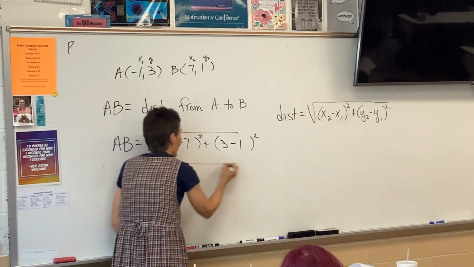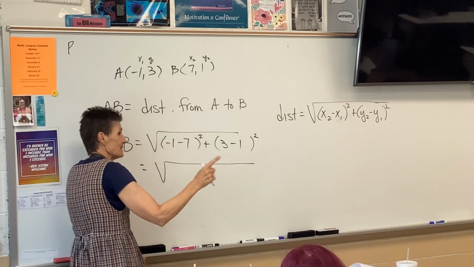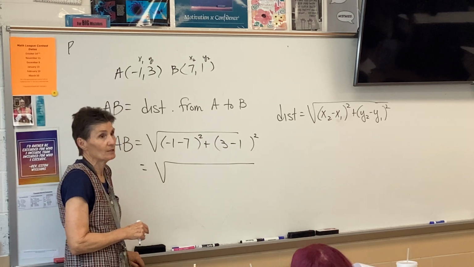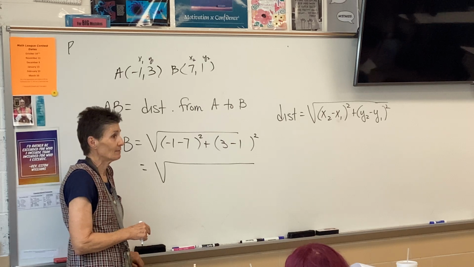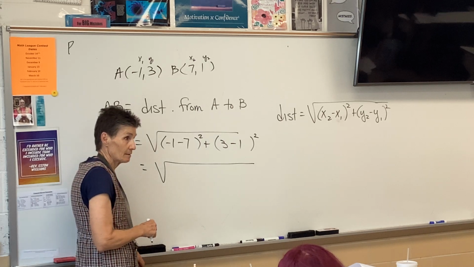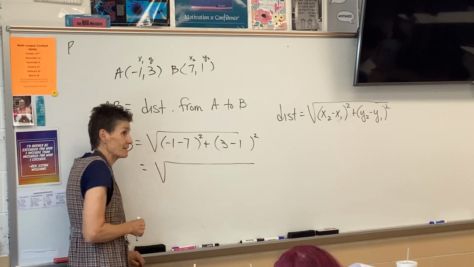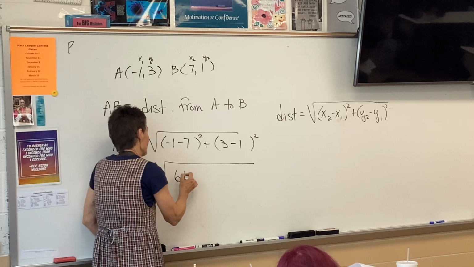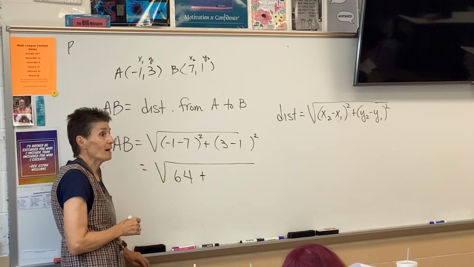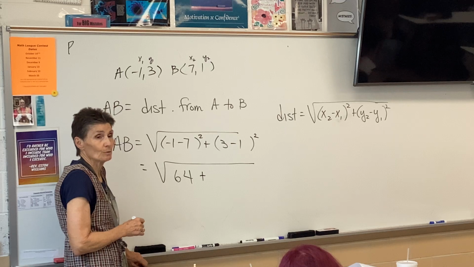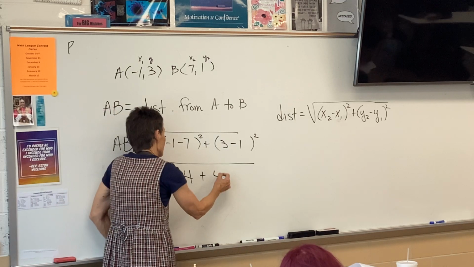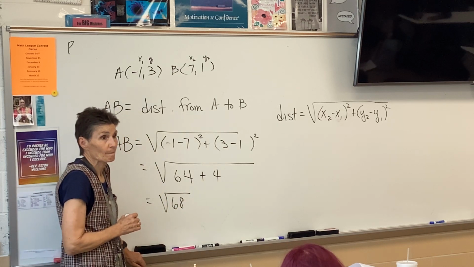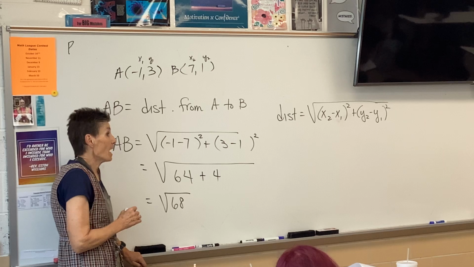So what do I end up with? -1 minus 7. Watch your arithmetic, and if you really can't do that, get your calculator out and do it right. -1 minus 7 is -8. But I have to square that. -8 squared. 64. 3 minus 1. 2 squared. 4. I got the square root of 68. What do you think? Does that look okay? Yeah. Not quite,